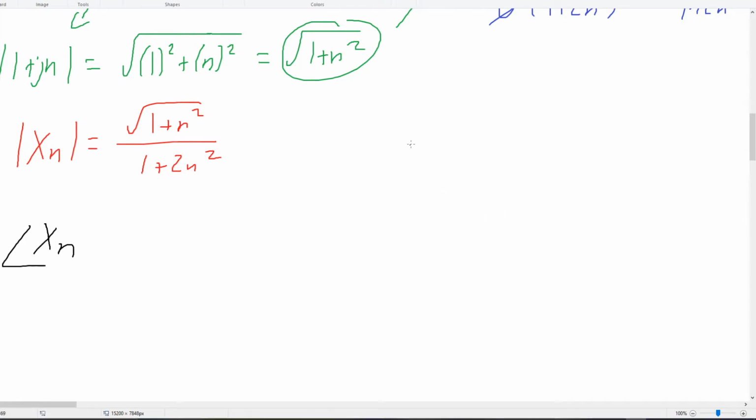That's like saying we're finding the inverse tangent. Just make sure I'm getting this right. Yep, inverse tangent of b over a. So let's do that. This is actually not as complicated as you might think, even though it'll look complicated at first. So if you have the inverse tangent of b over a,